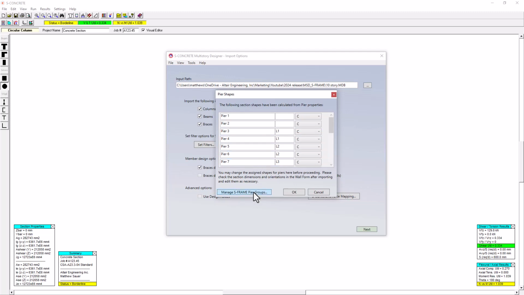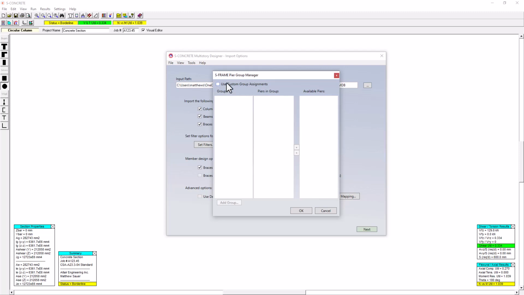So here I can click on Manage S-Frame Pier Groups, and I can create my own custom group assignments, and I'm just going to call this one East Pier. And for the East Pier, I'm going to say that I have Pier 1, 3, basically every second pier included in this pier group. Once I have my selection, I can just add it over to this group. And I'm going to do the same thing for the West Pier, just grabbing everything else